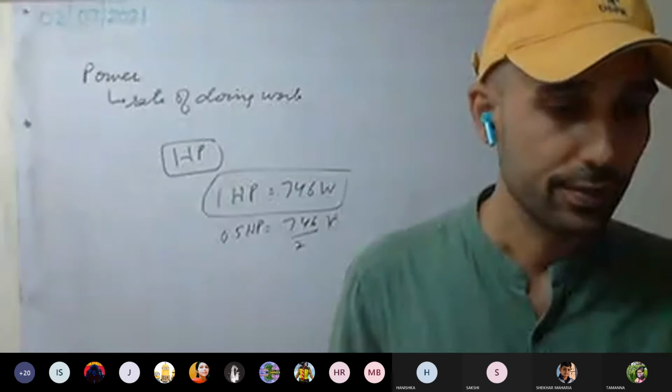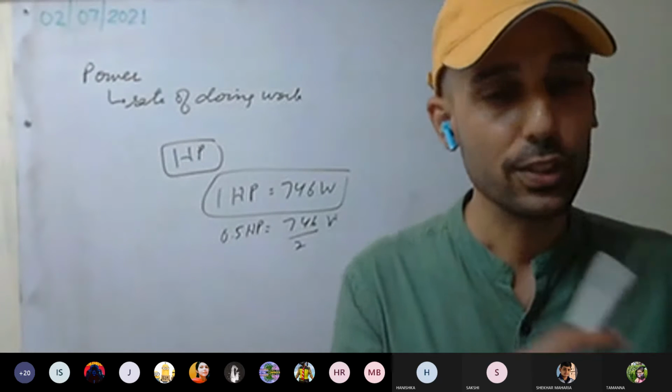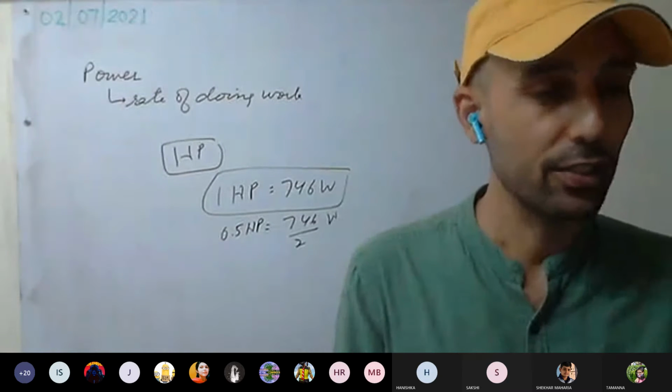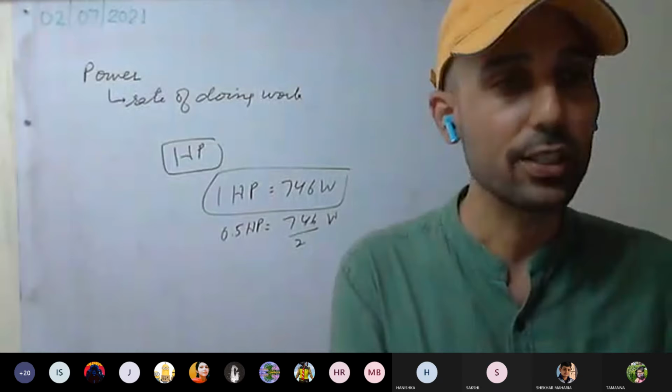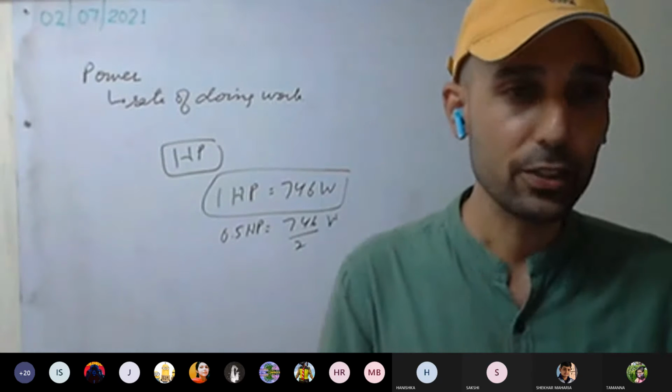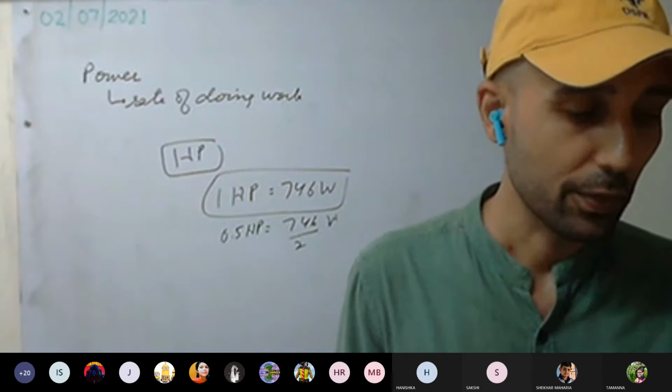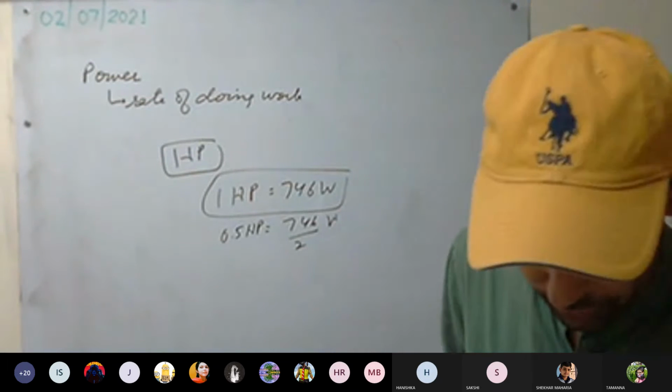You can go through it. Work done is equal to force into displacement. And here we have work done per unit second. Then units you can discuss. Work done does not depend on time, whereas power depends on time. And you can write the SI unit for both. Next we discuss energy.